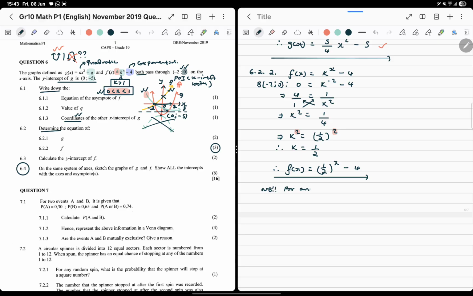We can say for an exponential function, the y-intercept is always a unit from the horizontal asymptote. Right? So that is what